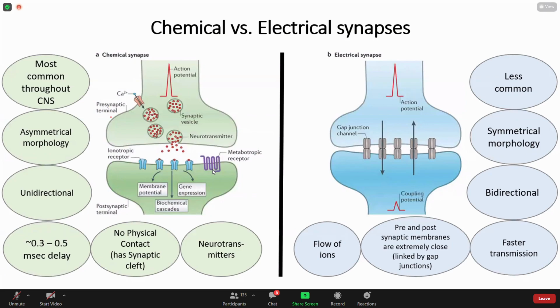It is characterized by the asymmetrical morphology. So please next time be on time, because we don't want to distract